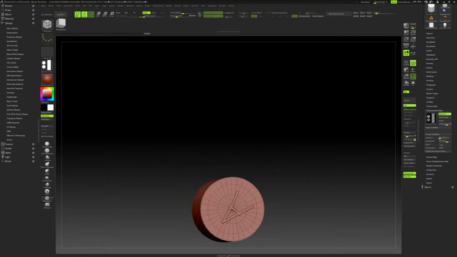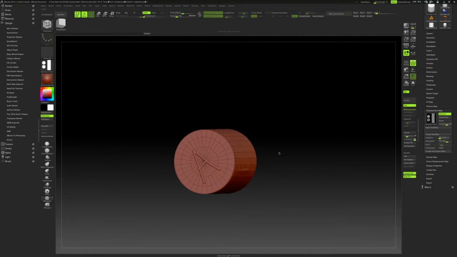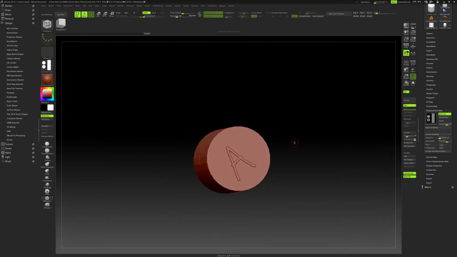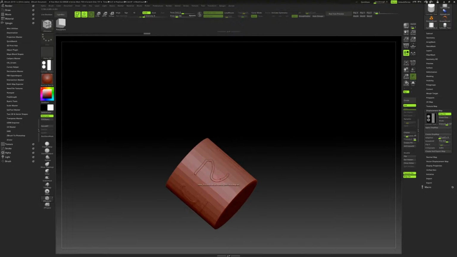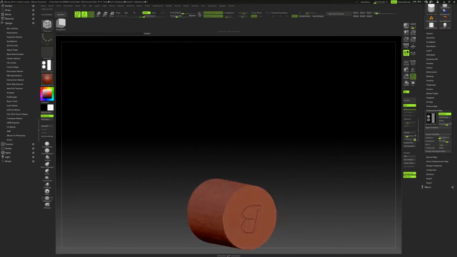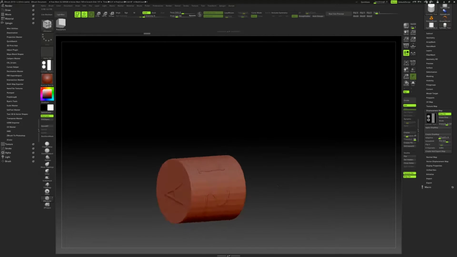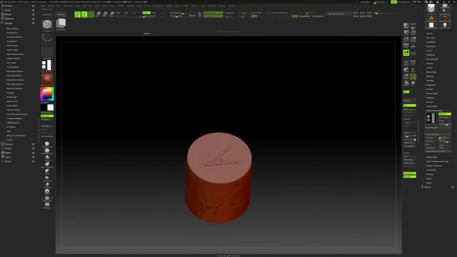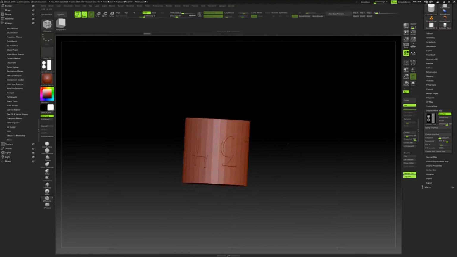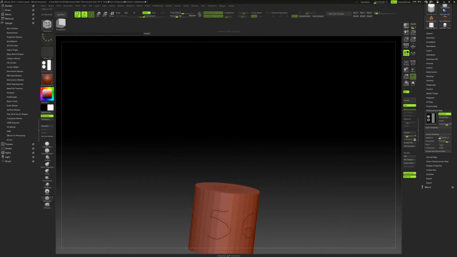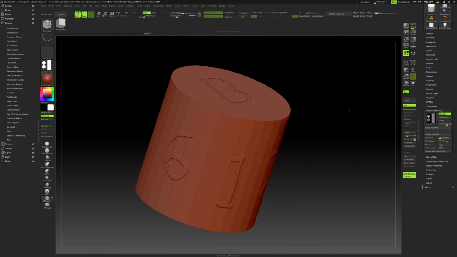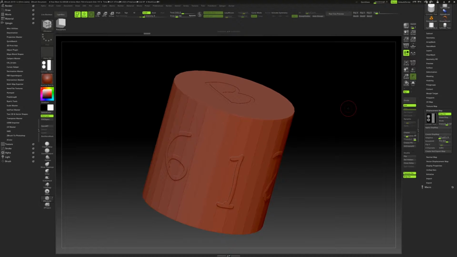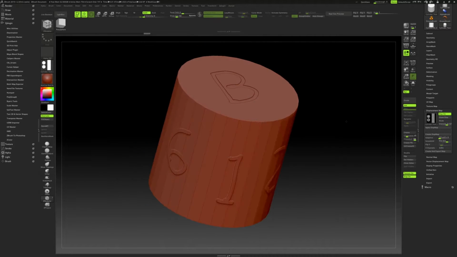And there we go. Now we can kind of see, turn off frames, that the A is pushing out, these are all pushing out, and the B is carved in. Now this texture isn't actually on your model yet, it's just a projection, it's just an image wrapped and it's being processed by the program. Now when it comes time to actually project that onto your model,